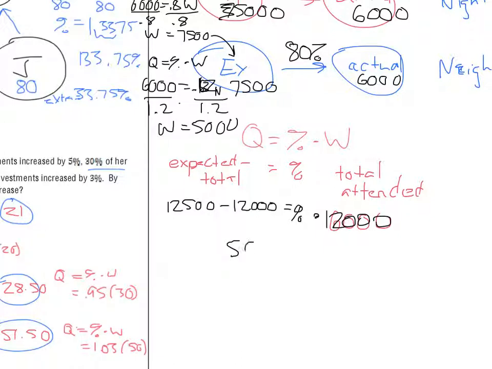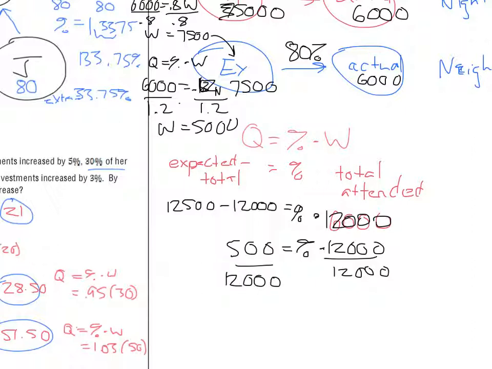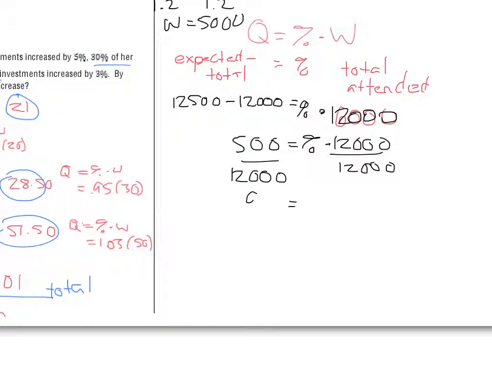So this is 500 is equal to what percent of 12,000, divided by 12,000. And we're going to get 5 divided by 12, which is 0.416 repeating. So our percent is equal to 0.416 repeating, or that's